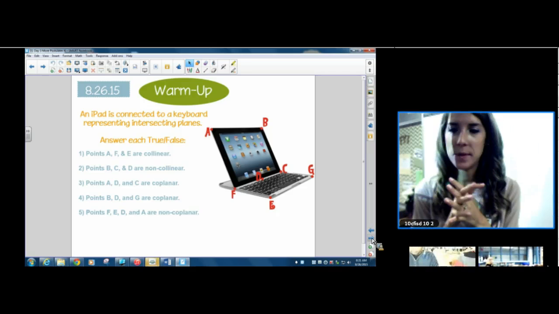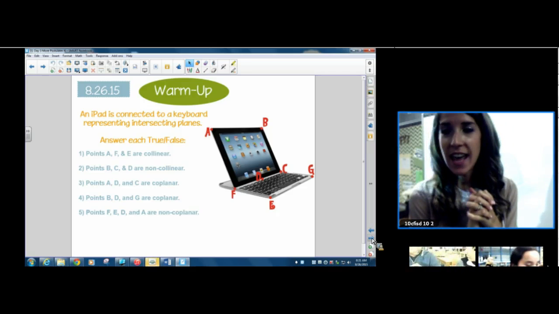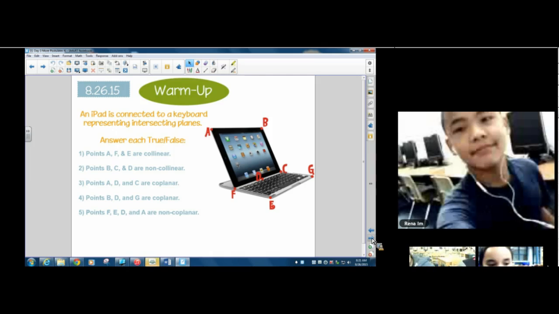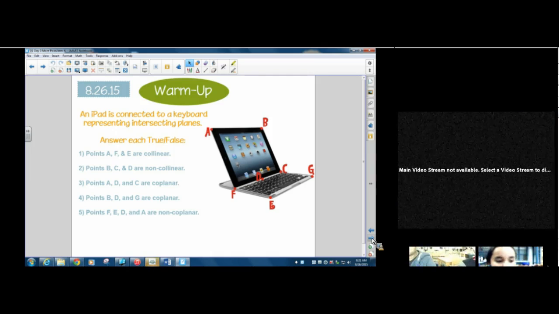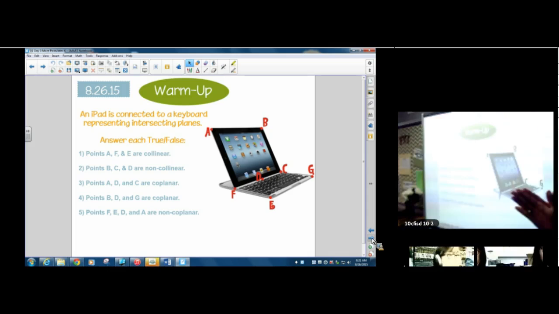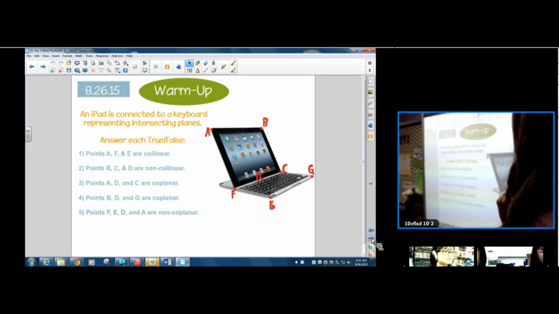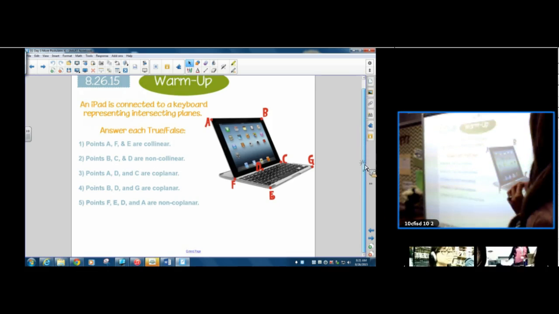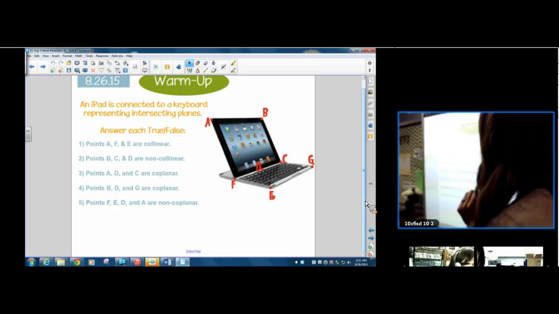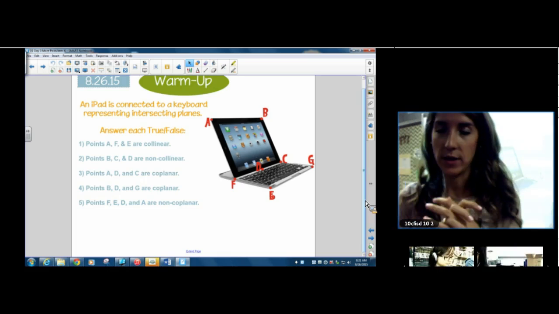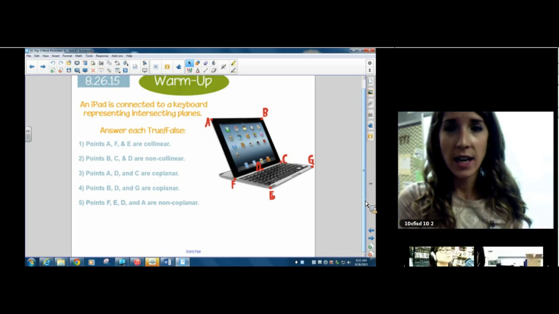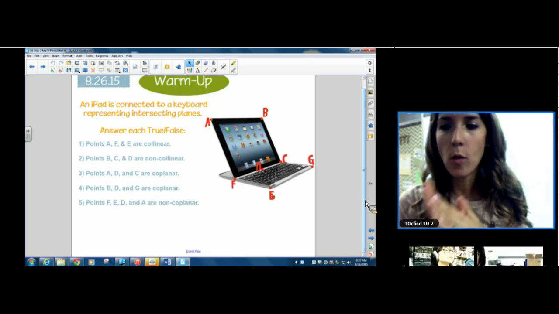All right, so today's warm-up says that there is an iPad connected to a keyboard, and those are representing intersecting planes. Okay, so sorry, the iPad and the keyboard are intersecting planes. Answer each of the following, true or false. All right, so all of these questions are dealing with whether the points are collinear and whether the points are